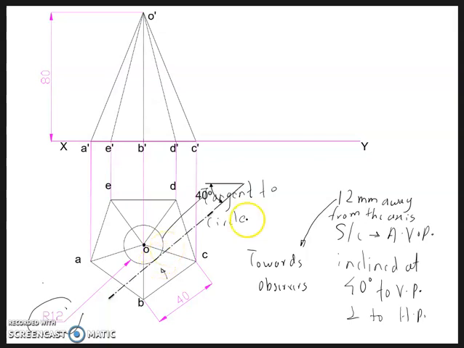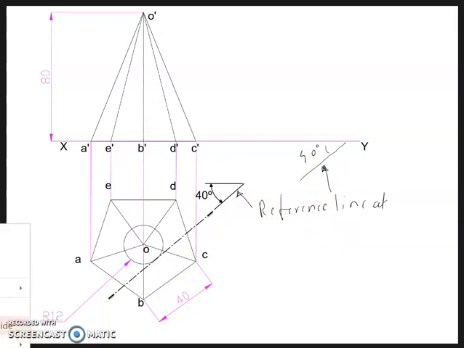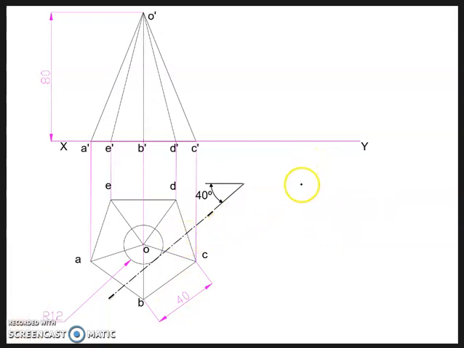Alright, so your section plane is going to look something like this. Alright, so this is your section plane. So all the conditions are satisfied. So what you can do is you draw a reference line at 40 degrees somewhere here. So this should be 40 degrees. Okay, and this is your reference line. Draw a reference line at 40 degrees